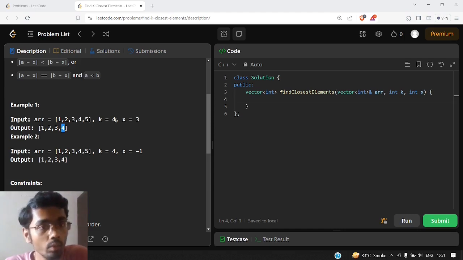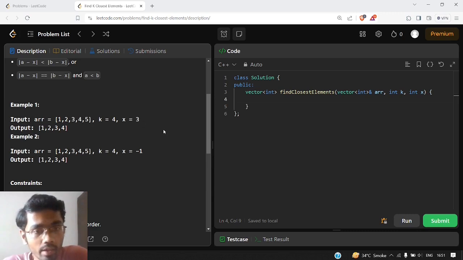Now our k value will be 2, so we can take 2 more elements. So we can check 1 less than 3 also. 1 less than 3 is 2. So 2 is also present in our ARR, so we will also put 2 in our answer. Now only one element is remaining for our answer space, and we have the difference of 2.